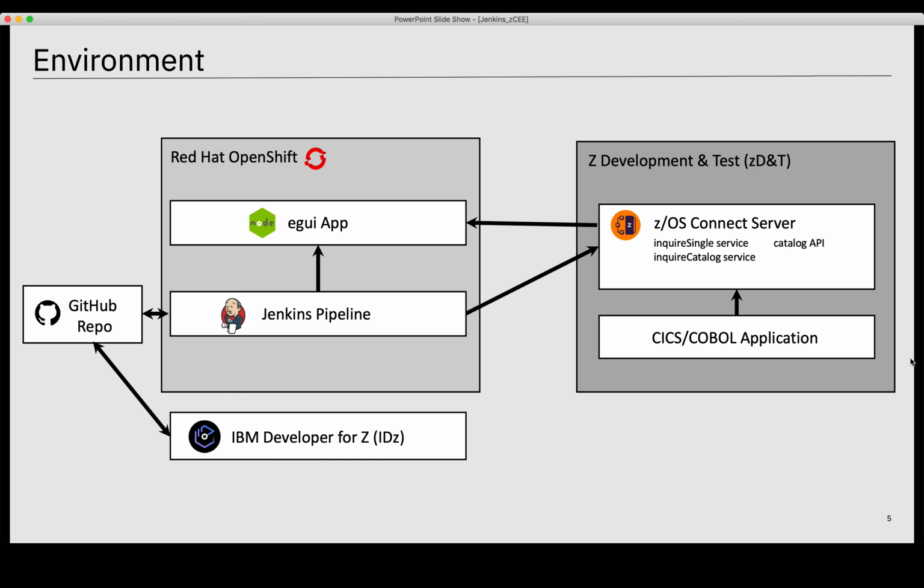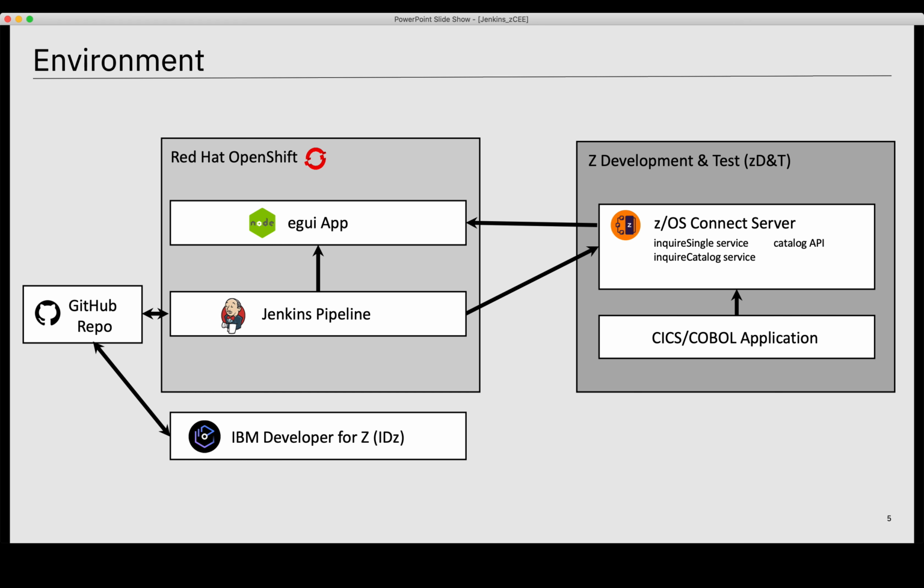And then for my z/OS environment, I'm using Z Development and Test, which runs z/OS on x86 hardware. So I can have my test z/OS environment right here on my laptop. And that's actually what you saw earlier when I showed the CICS application and the COBOL copybook. It comes with Z software that includes z/OS and middleware like CICS,